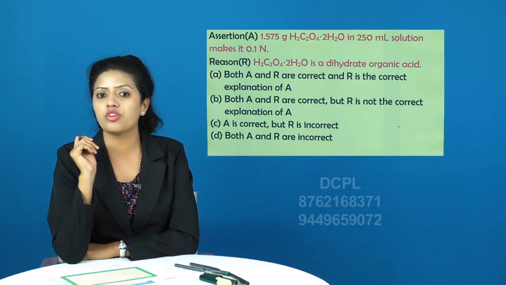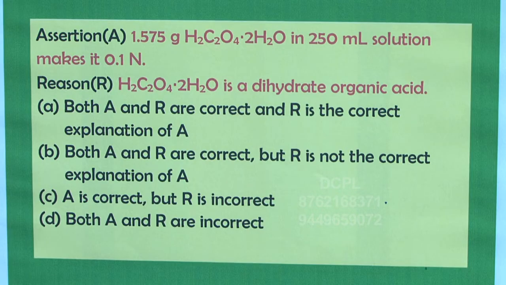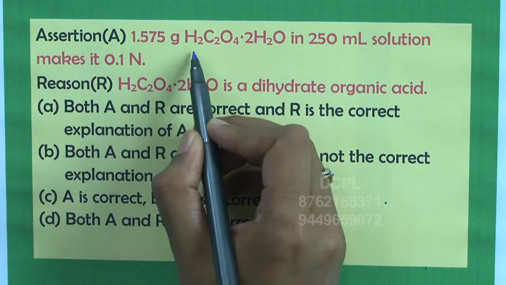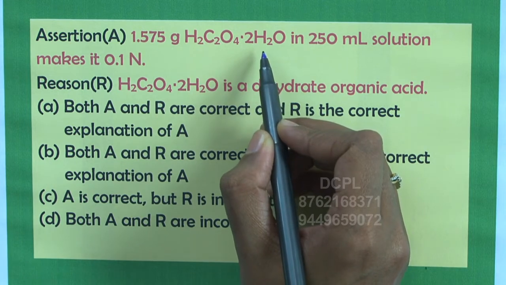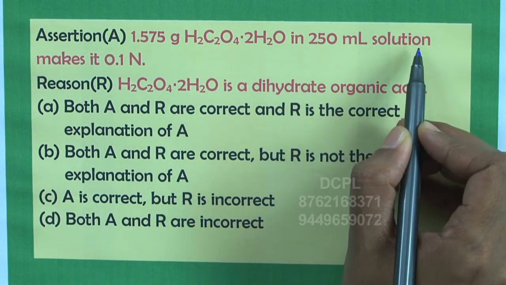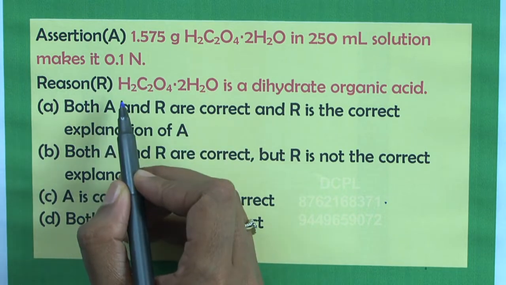Let us solve one of the assertion type of question. The question is: Assertion A, 1.575 gram of H2C2O4.2H2O, which is oxalic acid, in 250 ml solution makes it 0.1 normal. Reason R: